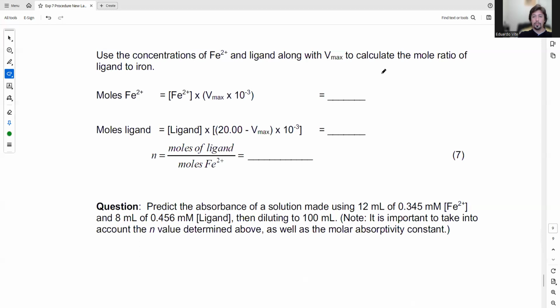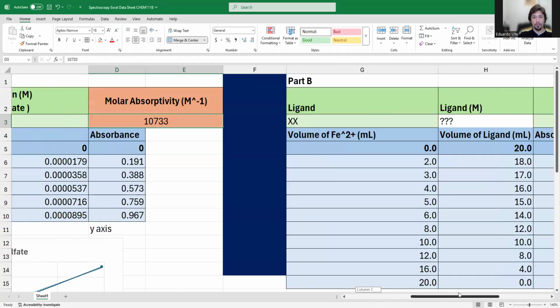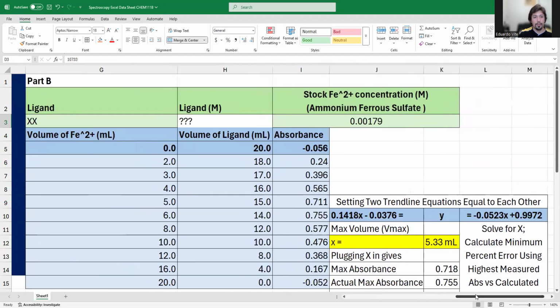So let me switch now to the Excel sheet, and then let's talk about how to do that. So this is for part A. Now I'm going to go over here and switch to the part B table. So again, part B, you see I have a table that